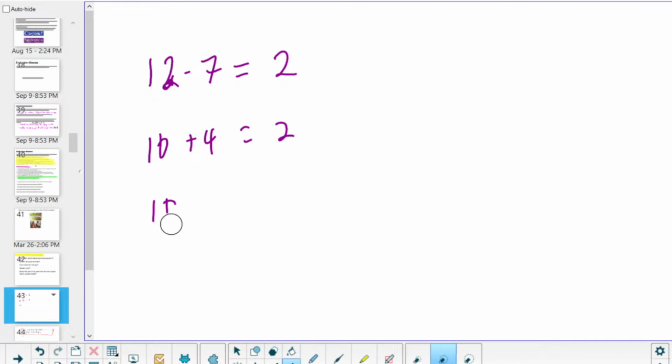And this type of math would say that, say, 12 minus 7 is equal to 2. And if I had 10 plus 4, that would also equal 2. But let's not do 10 because that would repeat. Well, actually, give me a number. 18. So first of all, clever, because you picked something way out. I cannot give you 18. You may only pick from 1 through 12.